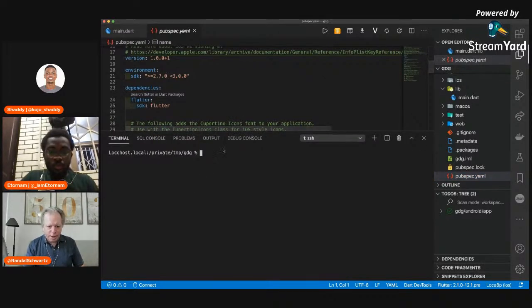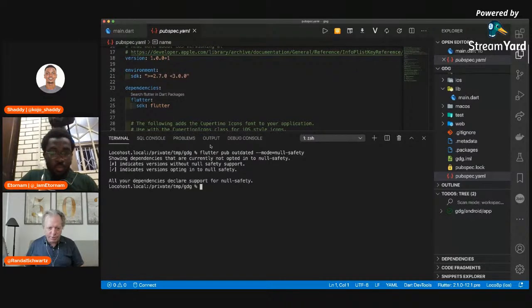Okay, so right now I've got the project straight out of the box, whatever Flutter created for an application. And if I say flutter pub outdated --mode=null-safety, hope I get this right. This is me not looking at notes or anything. This is me looking inside my brain. But you'll do this, and what this will tell you is hopefully all good news, which is saying that either